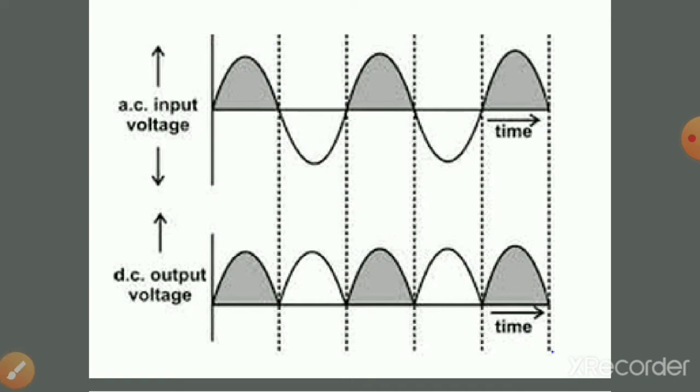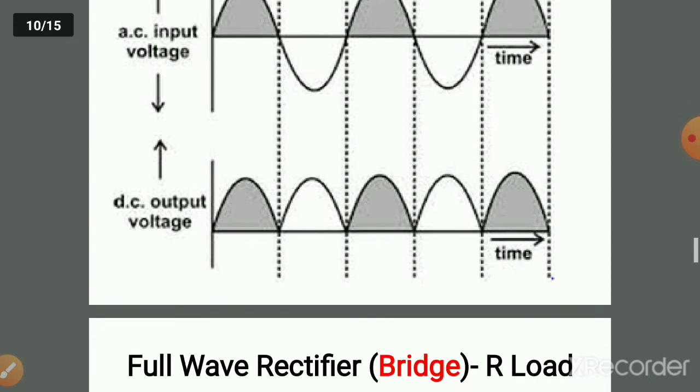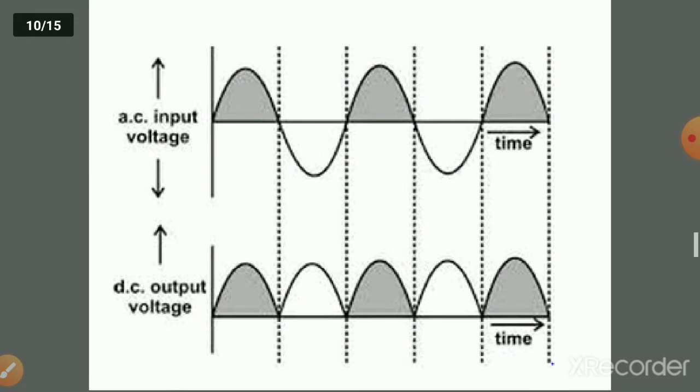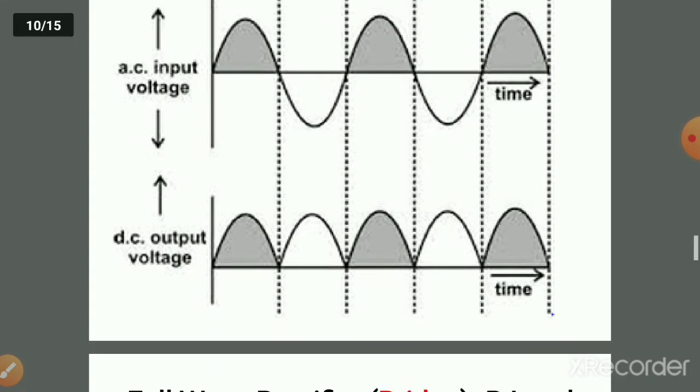If you want a constant DC, then we need to use regulators or other additional circuits to make the output voltage constant. Up to this we discussed in the previous section. I hope in the test, which we took on Friday, we also covered some of the concepts related to the rectifiers and many more, right?